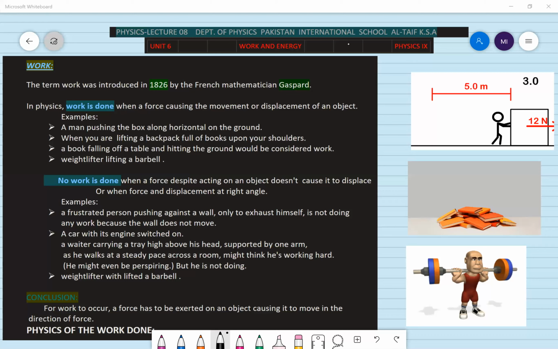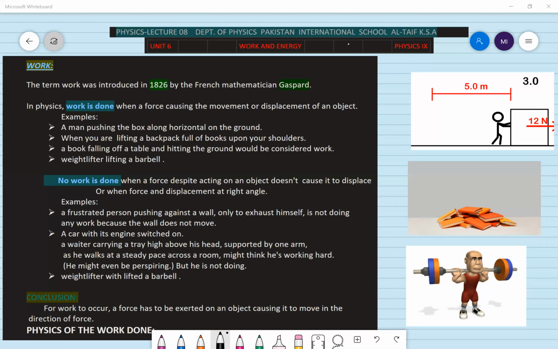Work, energy, and power are frequently used in everyday language, and they are very closely linked together, and most often we do not differentiate between them, although there is a chalk and cheese difference between these three, and we need to define and explain them very precisely and clearly. Work is in fact a method of transfer of energy, and later on I'll be explaining this statement. Work helps us in transferring energy,